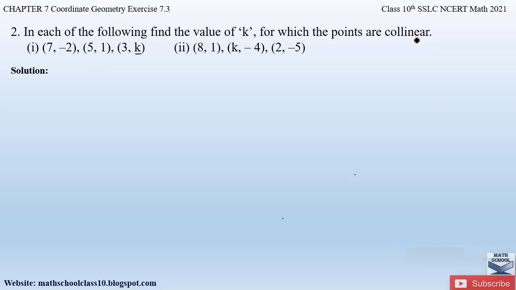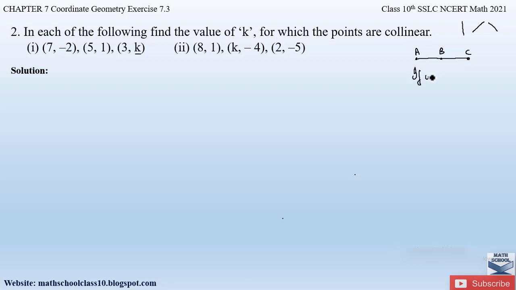Whenever there are collinear points, always remember collinear points lie in a straight line. So let us name these points as A, B and C. Here I've taken these 3 points in a horizontal line. It can be any direction, it can be a vertical line, a slanting line. So any 3 points lying in a straight line are called collinear points. And also, since there is no enclosed figure formed, therefore the area of such 3 points will be 0.